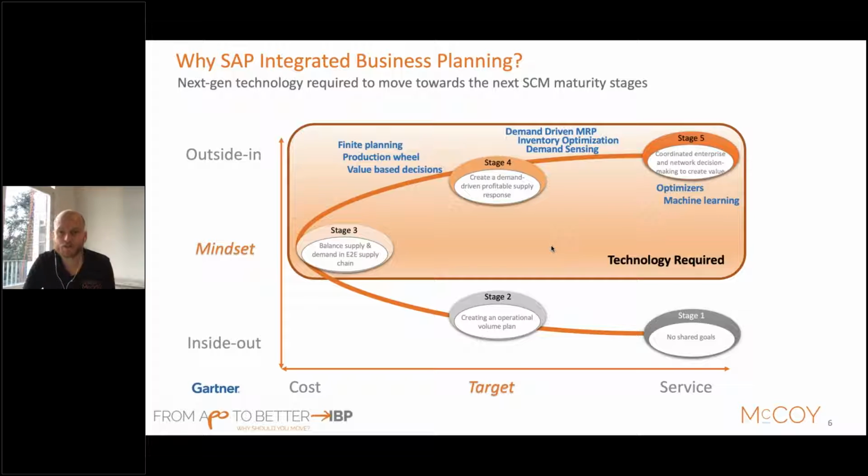If you are at that stage, you would like to grow even further. The next step would be the fourth stage, where you not only try to balance your demand and supply, but you try to balance them while also giving the optimal profitable outcome of your supply chain, and of course focusing on high service levels towards your clients. That requires other kinds of techniques, for example finite scheduling, but you should also include volume and value, because to derive profitable decisions, you need information on the cost and the benefits of certain decisions in your supply chain.